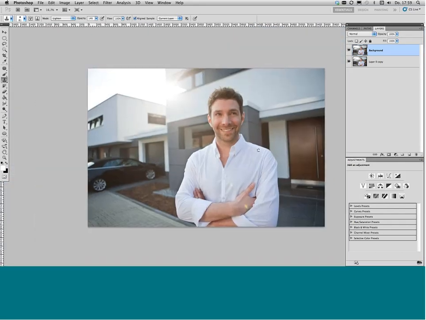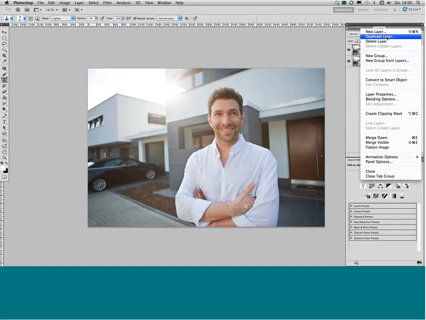Okay, now we're going to move on to the interesting part. I'm going to add 3 layers that basically make up 95% of my look. I usually start off with what I call the soft light and high pass layer, basically because it consists of a high pass filter in combination with a soft light blending mode or a soft light layer mode. So duplicate your background,